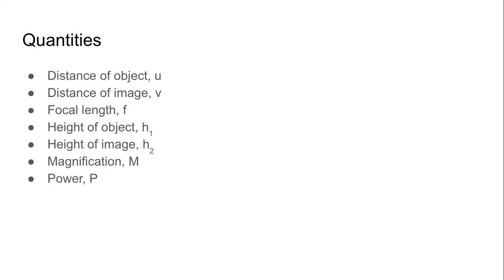How far or how near. What is the distance between, what is the gap between the lens and the object? And when we say the gap, we usually measure it from the optical center. To be precise, we measure it from the optical center. Similarly, distance of the image. So where is the image formed? No, it is not sufficient to just say in front or behind. We need to know exactly where it will form so that we can have the screen there and we can collect a good image.